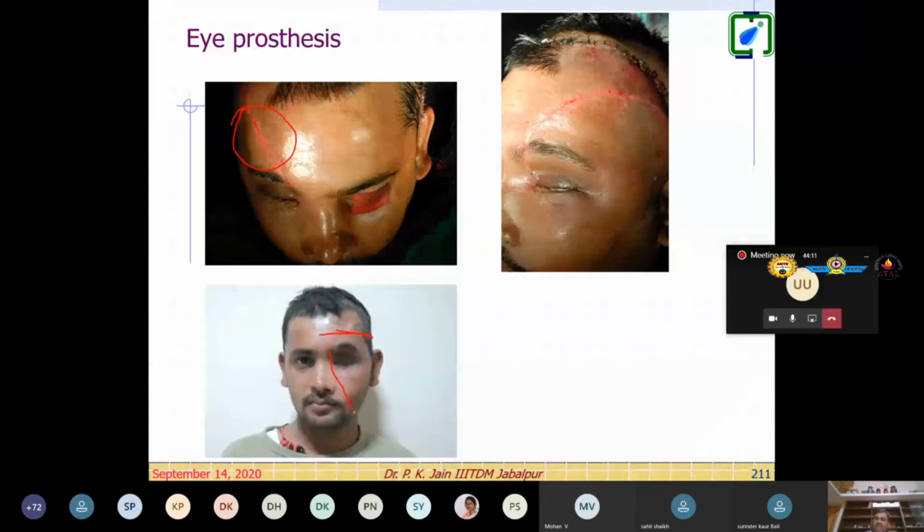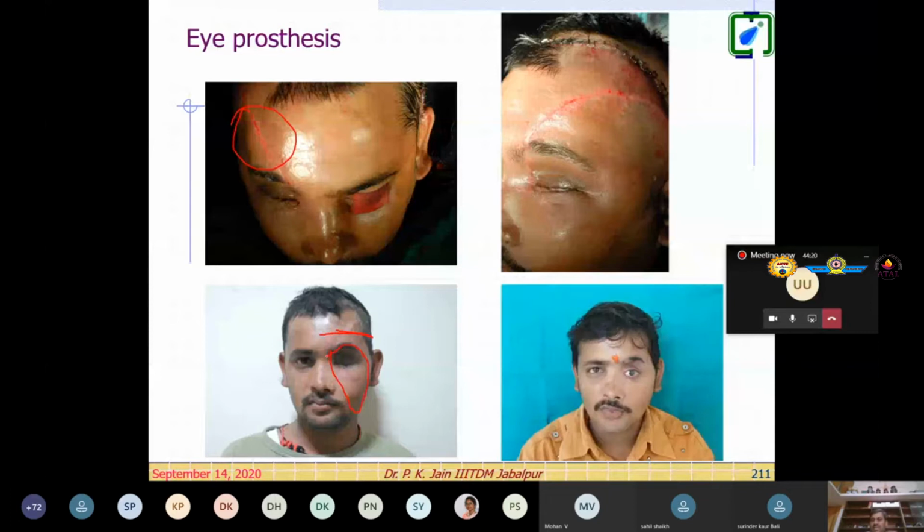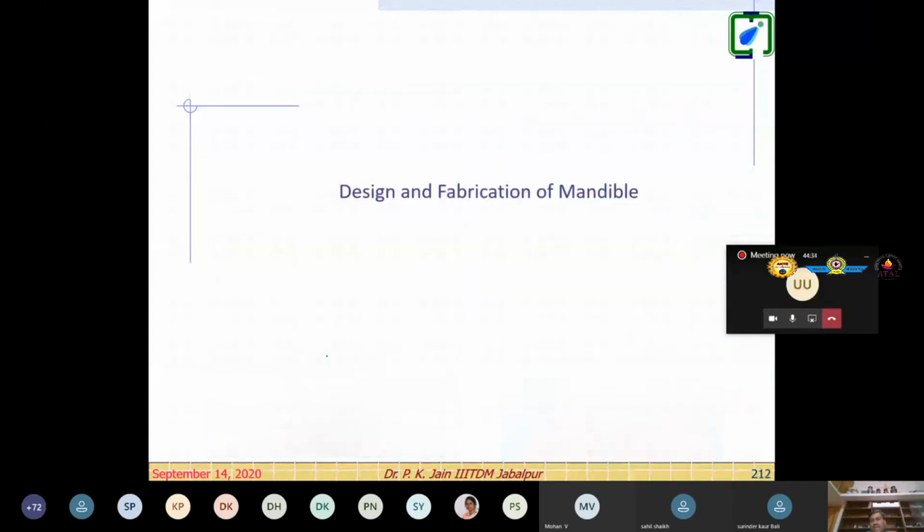Here the role of additive manufacturing is to reduce the cycle time for the development of the implant. From weeks it has been done in days, right? From CT scan data, we have generated the exact size of the implant in terms of an acrylic plate, and this has been developed and implanted. Right. One of my students has done this project as well.